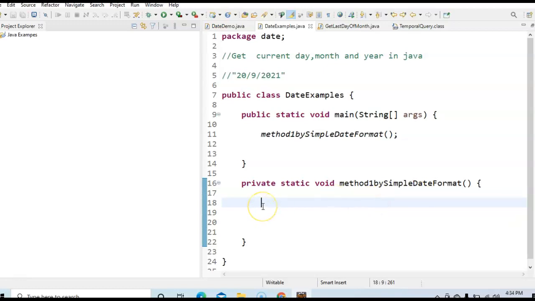First I'll create a date object: Date date equal to new Date().